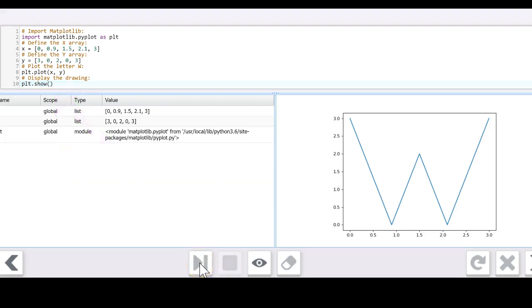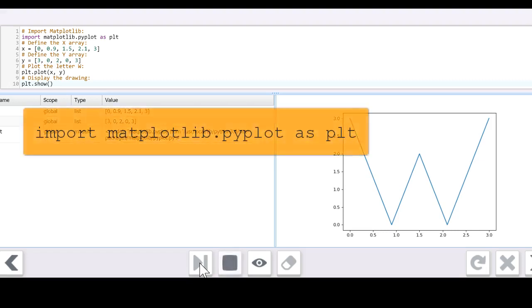In this video, you have learned how to plot simple piecewise lines using the Python library Matplotlib. We also saw how to use two